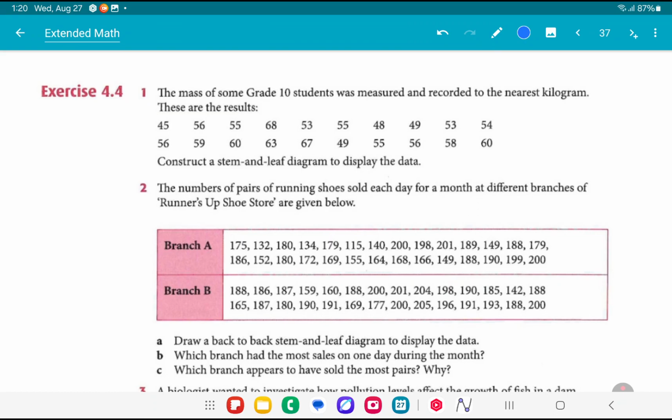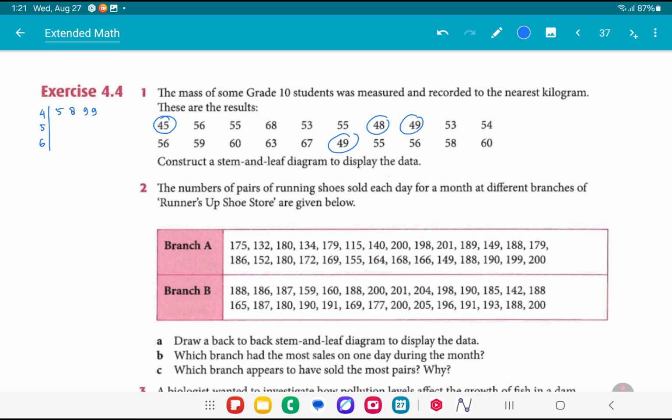So if we look at the data, we find the range is about 40 something to 60 something. So we write down the diagram as 40, 50, and 60. We will circle out the 45, 48, 49, and the last one 49. So if we write down from the smallest unit, we write down as 5, 8, 9, and 9.